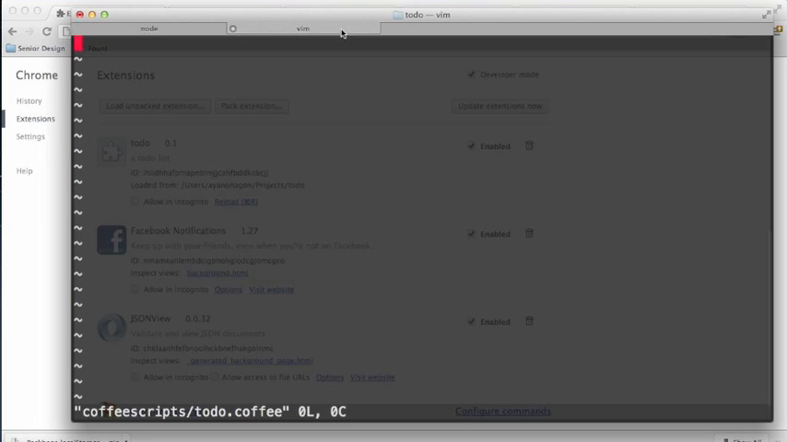Okay, so now let's write up some JavaScript. First, we're not going to write up any Backbone just yet. We're just going to make sure that we can link this file that we're going to write ourselves up with the DOM, up with the Chrome extension. So for now, what we're going to do is,